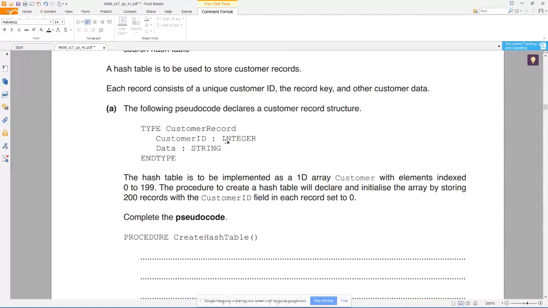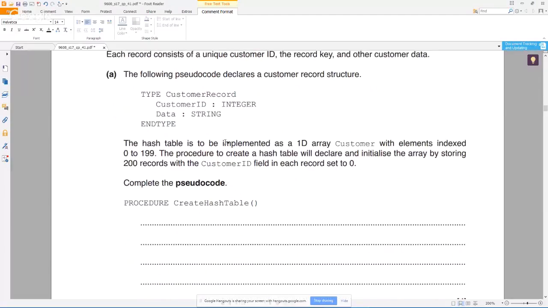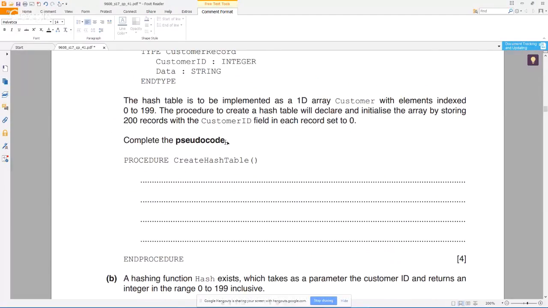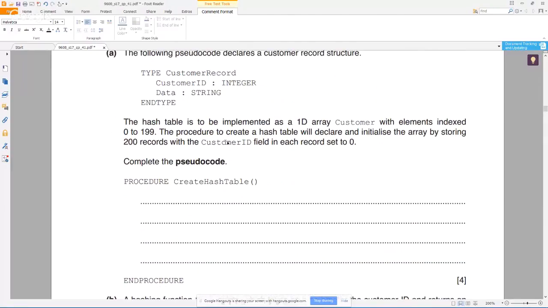So the hash table will be implemented as an array of customer with the elements indexed from 0 to 199. That means there will be at maximum 200 elements in the hash table. And we want to create the procedure to create a hash table that will declare and initialize this array by storing 200 records of the customer ID field in each record set. So here, what we've been asked to do is actually to initialize an array of 200 elements of type customer record and set the customer ID to 0 for all of these